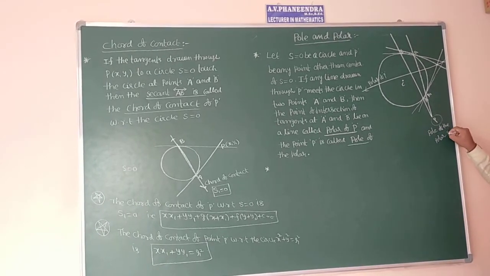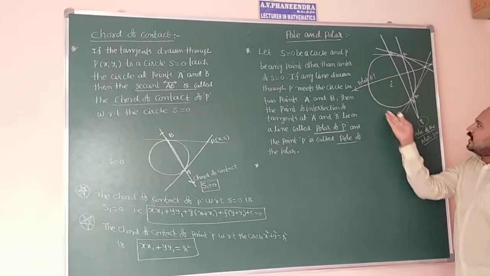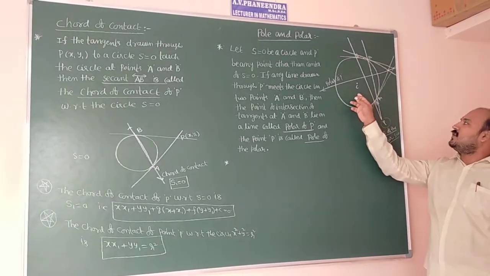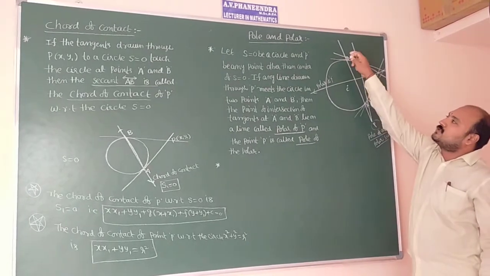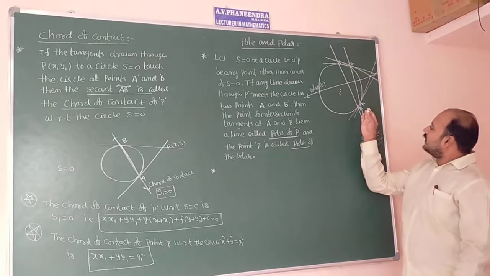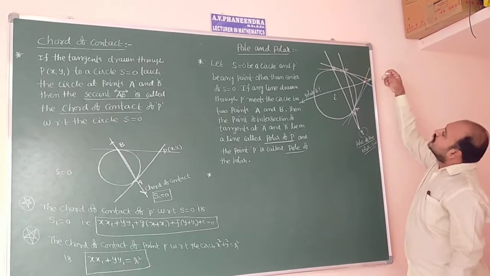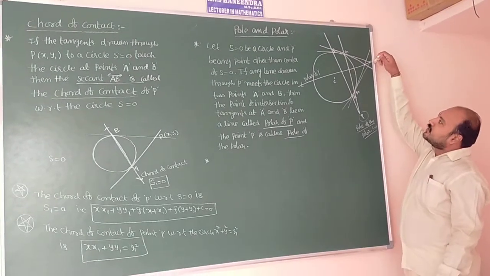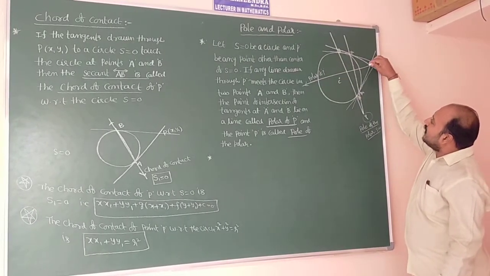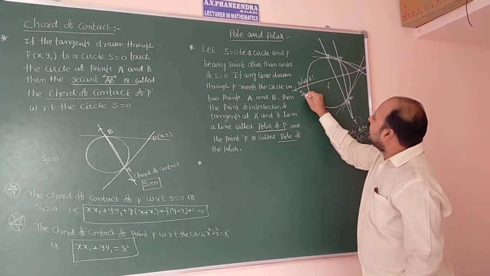Once again, I am going to explain. First, consider the circle S equal to 0 with center C. Here P is a point other than the center C. From this point, you draw a line which cuts the circle at the different points A and B. From A and B, you draw the tangents to the circle which meet at one point. The points of intersection of the tangents form a line. This line is called the polar of P. The polar of P is denoted by S1 equal to 0.